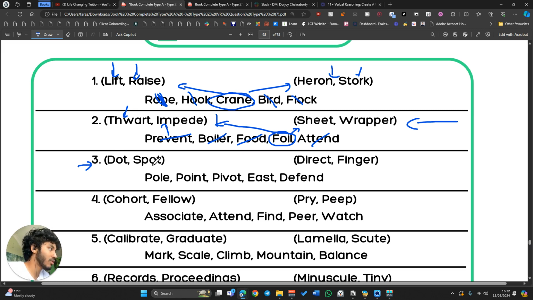Dot, spot. Alright, see if there's anything on here that matches that. So pole doesn't really work. A point does work if you're a point on a piece of paper. Pivot, I'm not too sure about that. East and defend really don't work. Point, okay, direct and finger, that definitely works if you're pointing someone or you're directing them to the right place,